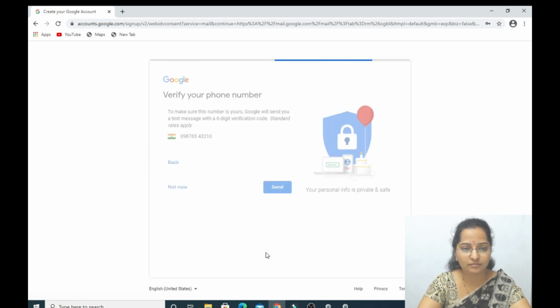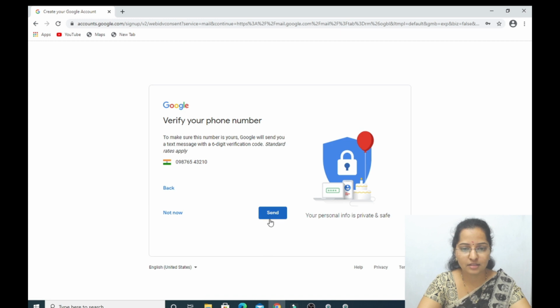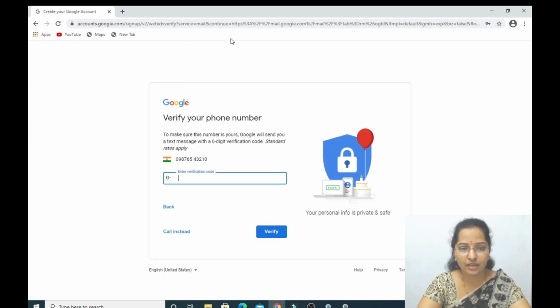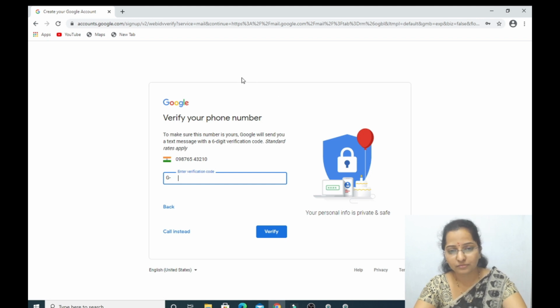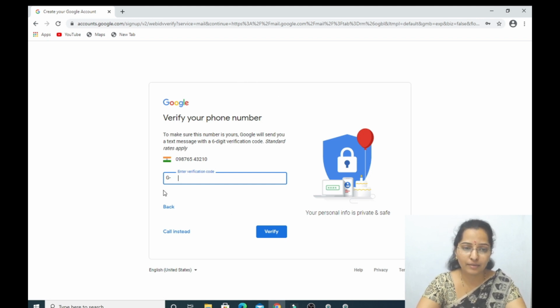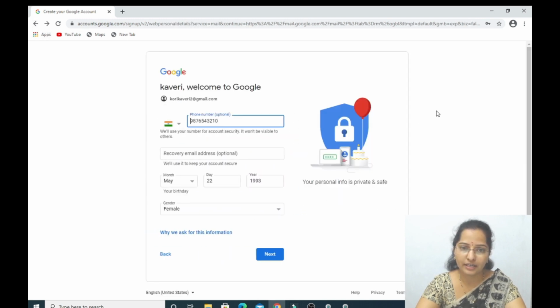Next. Yes. See, this is the way to create the email account. After doing like this, you will get one OTP password on the number which you have given here. Enter that OTP here and your account has been created.